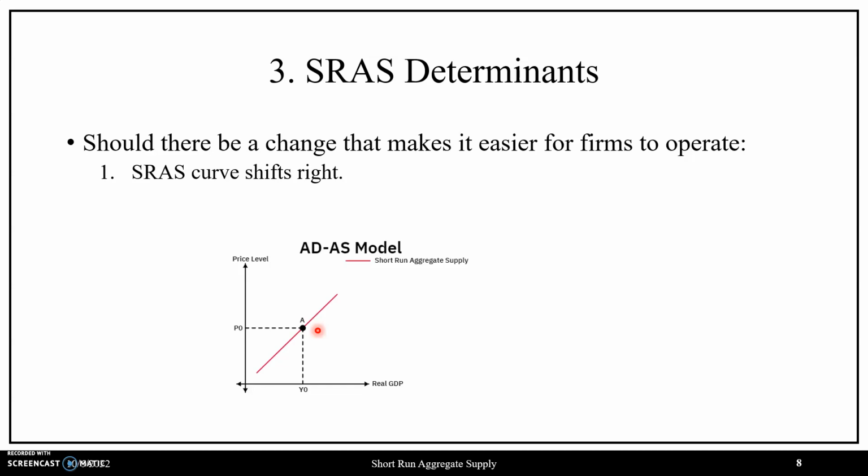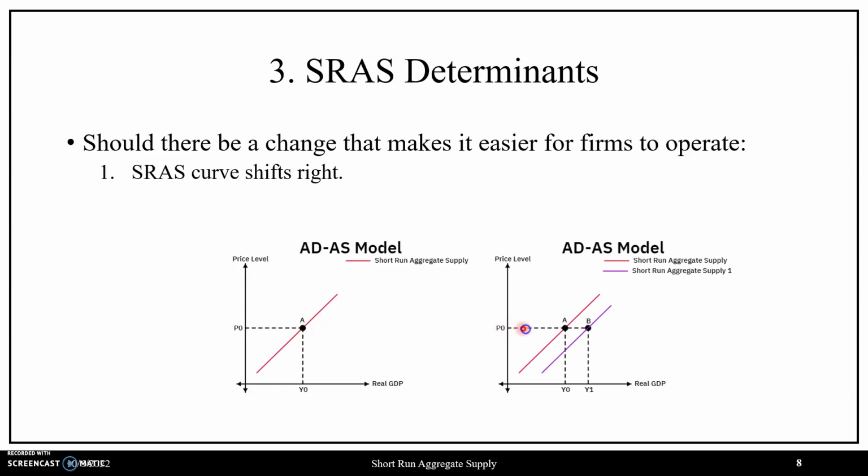So in order to take advantage of the greater price point that firms are facing in the current period, what they'd want to do is increase the supply of what they are doing in terms of production and selling with respect to real GDP, which translates into a rightward shift of the short-run aggregate supply curve from short-run aggregate supply in red to short-run aggregate supply 1 in purple, where at all price levels, firms in the economy are now